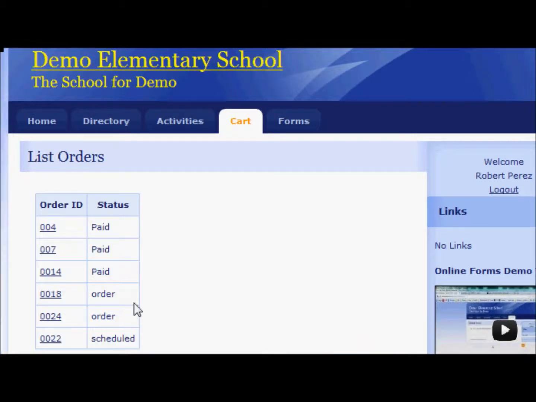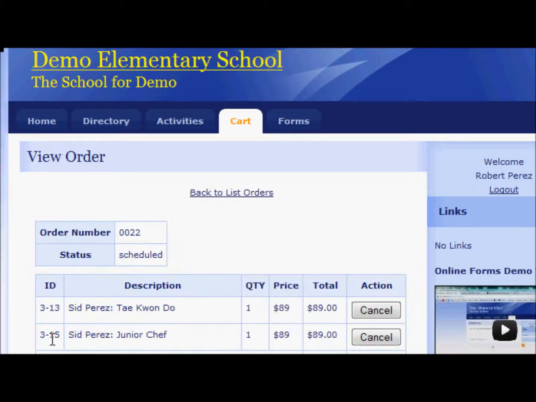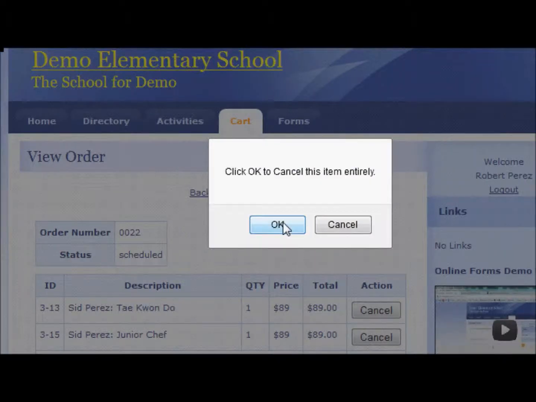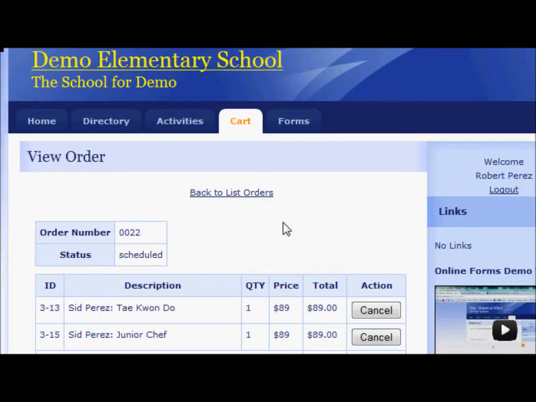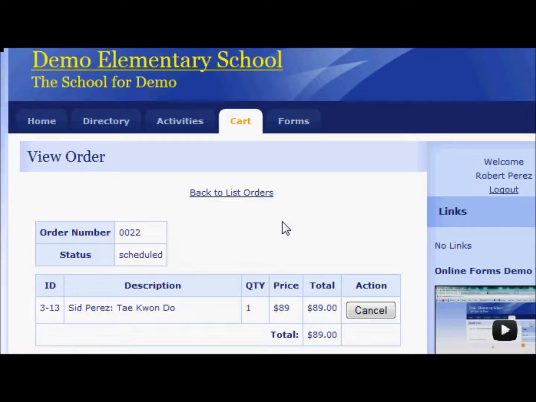Go back to our list orders, and we'll look at the scheduled, which is our credit card payments. And we could do the same here. We can cancel, and it asks us to confirm, and we'll go ahead and cancel that class. So now it's a scheduled payment, but now it's only a scheduled payment of $89. So until you collect payments, parents can add, remove, change classes, all they want, without impacting credit card payments or